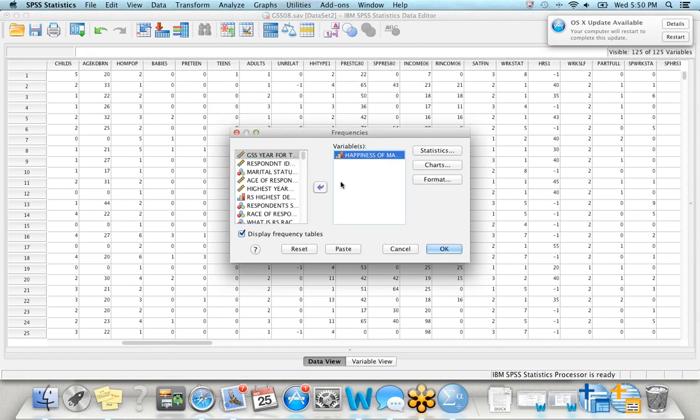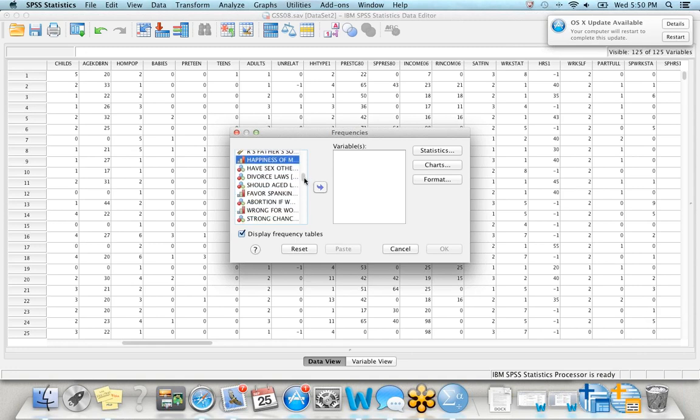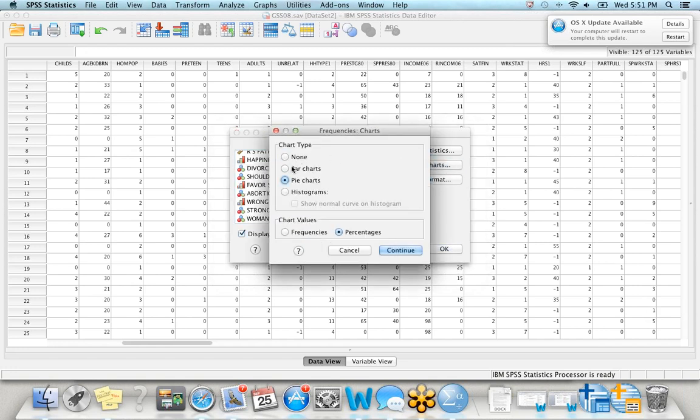Okay, we got to take the happiness of marriage back out. That's one thing to keep in mind. And we're going to look for our next variable, which happens to be right underneath. I'm going to move it over. Okay. See what kind of chart we want. This one particularly asked for a